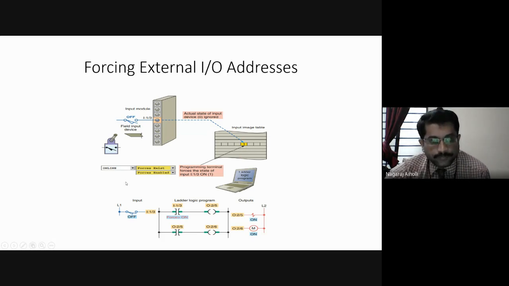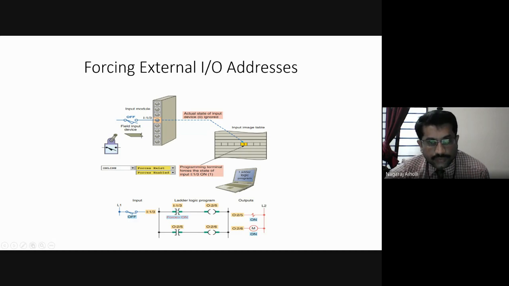So online forces exist. The forces are enabled. The programming terminal forces the state of input I:1/3 to be on, or in the 1 state. This is our ladder logic program which we have stored in our PC. Then the same is explained in the form of a ladder rung diagram. Here it is the off state. Then we are forcing it to go to the on state here.